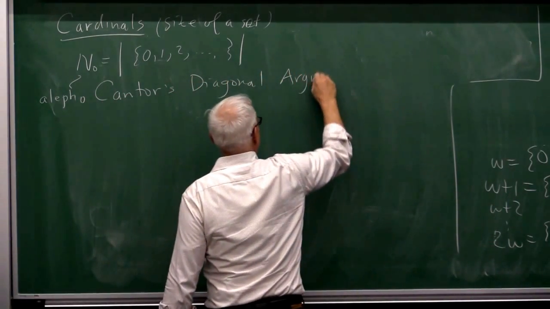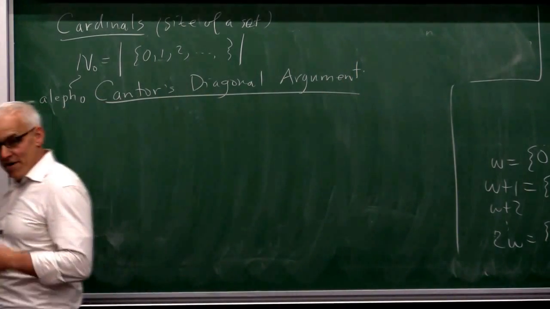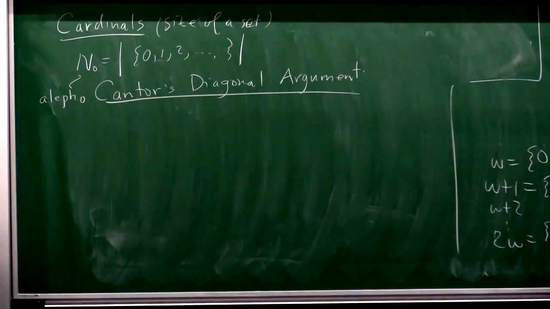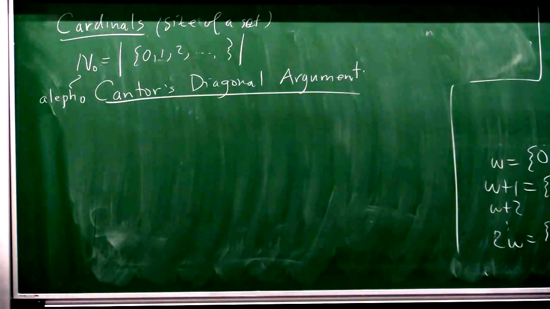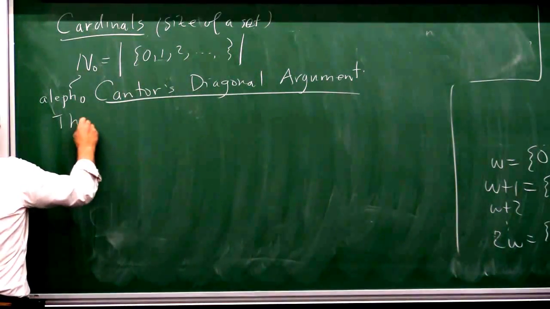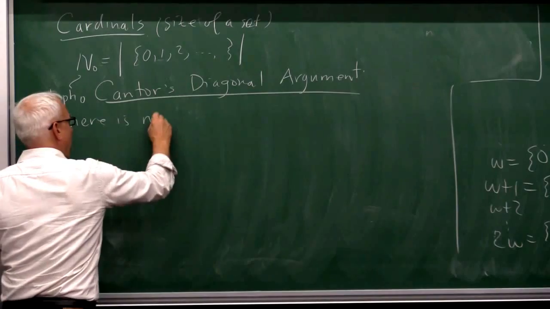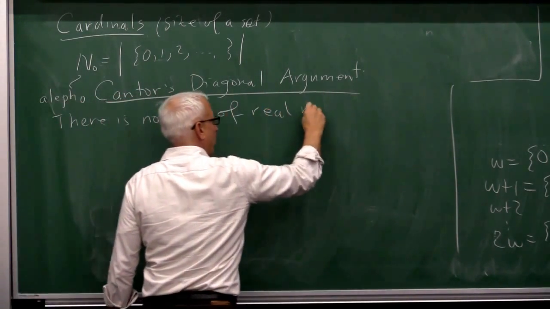All right, so this is a very famous argument that Cantor had, which turns out to run through this entire subject. So it comes up many, many times in many different forms and ends up playing an important role in the computing side of things that Turing and Post and others developed later as well. So Cantor's argument was the following. He showed that there is no list of real numbers.